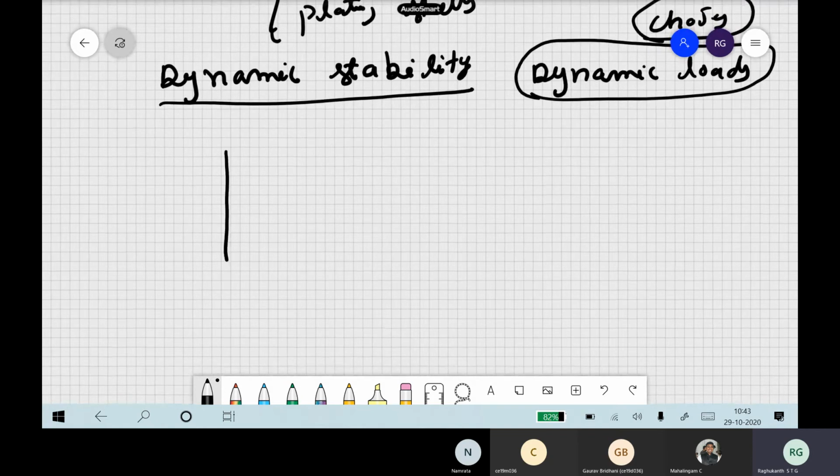So I have the same simply supported column. Now P is not constant, P is P of t. Now what will happen? What interesting patterns will you observe, or what extra things do you have to take care of? Now tell me, what extra things are you going to observe in buckling? Now the load is a function of time. So whatever you have studied is fine, or you have to do something extra? What happens when the load is a function of time?